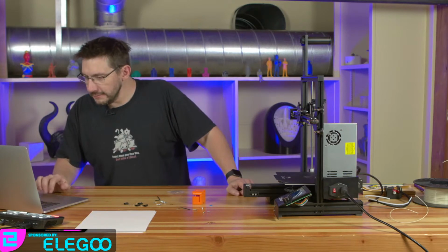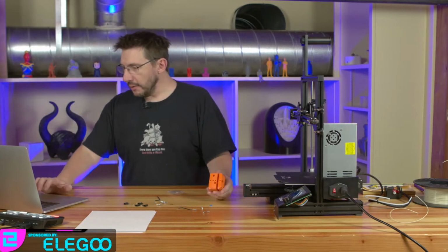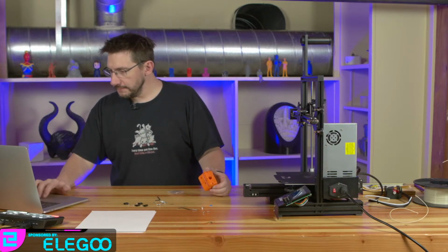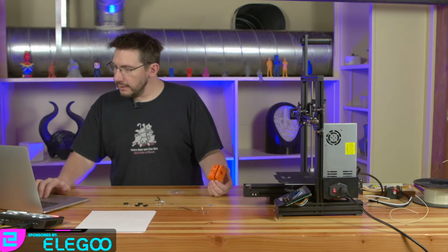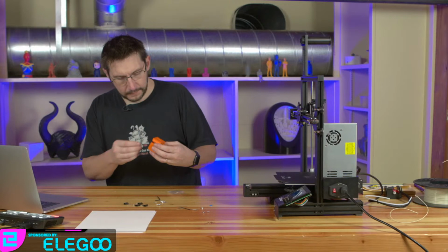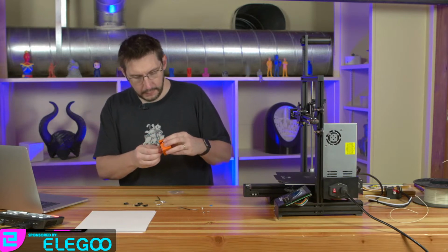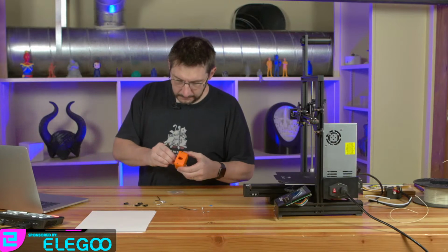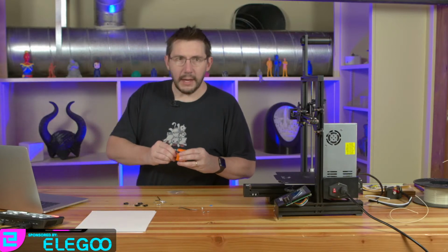So this is already assembled, so I don't have to do any of the stuff that they're talking about, which is kind of cool. But I do have to put the screws, let's see, in the... Oh, okay, so it shows... I think those are it. It does show...